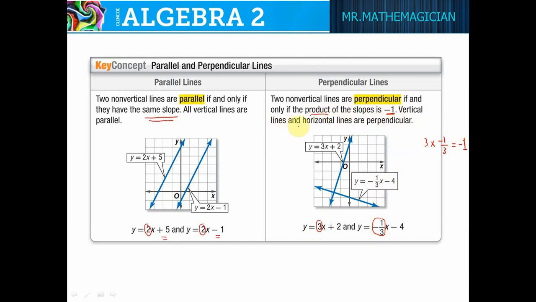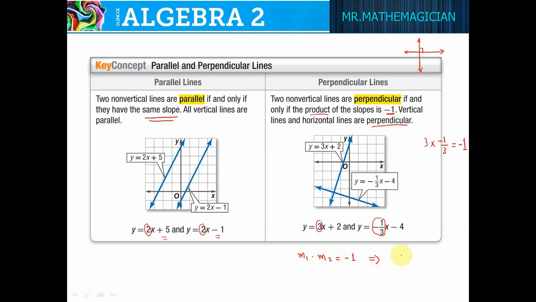Vertical lines and horizontal lines are already perpendicular. For sure, if you have a vertical line and a horizontal line, they are already perpendicular. Means no need for the condition in this case, because horizontal lines and vertical lines are already perpendicular. Now, if the product of the two slopes is negative 1, means slope m1 times slope m2 equals negative 1,